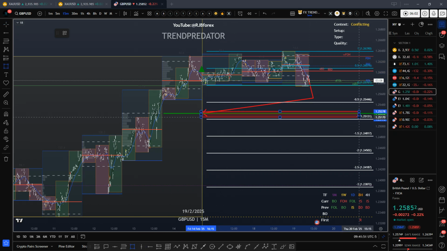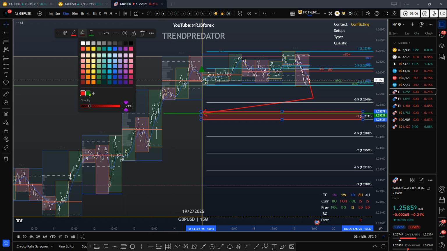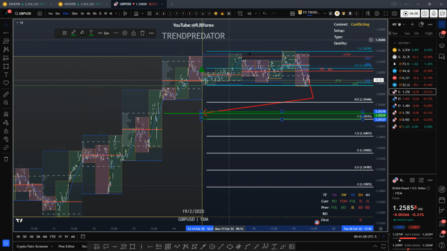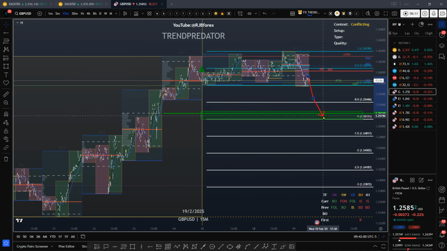So that would be a nice landing spot for a target, potentially. We can often see big moves on a Wednesday, midweek, coming out of a coil especially. So potentially that could give us something. Okay,